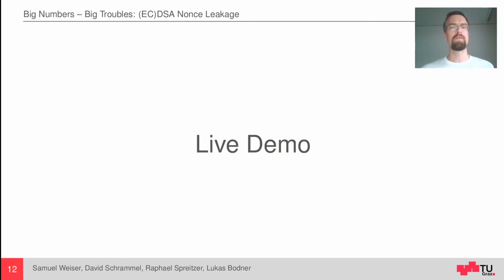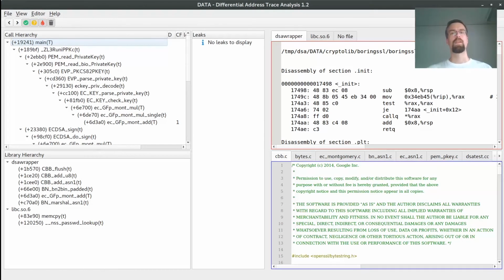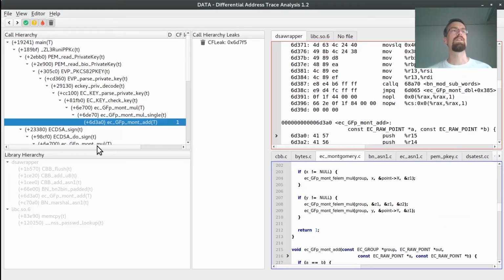So I will conclude with a short demonstration of our tool, of our GUI, such that you know what you can use later on for your own analysis. Here you can see the data tool, the GUI, showing the results for BoringSSL. Actually, we also found a tiny leak in BoringSSL. Here you can see the call stack. We found some leaky addition here,